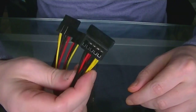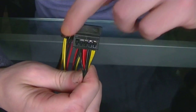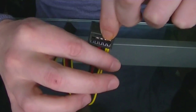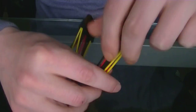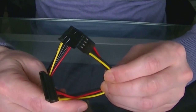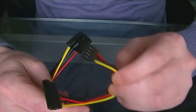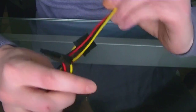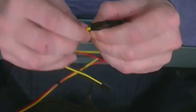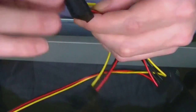Okay, so we want to remove this SATA connector from these wires. If you do want to sleeve the wires, or in this case what I want to do is remove this floppy connector, which is also connected to the SATA connector. So to remove this SATA